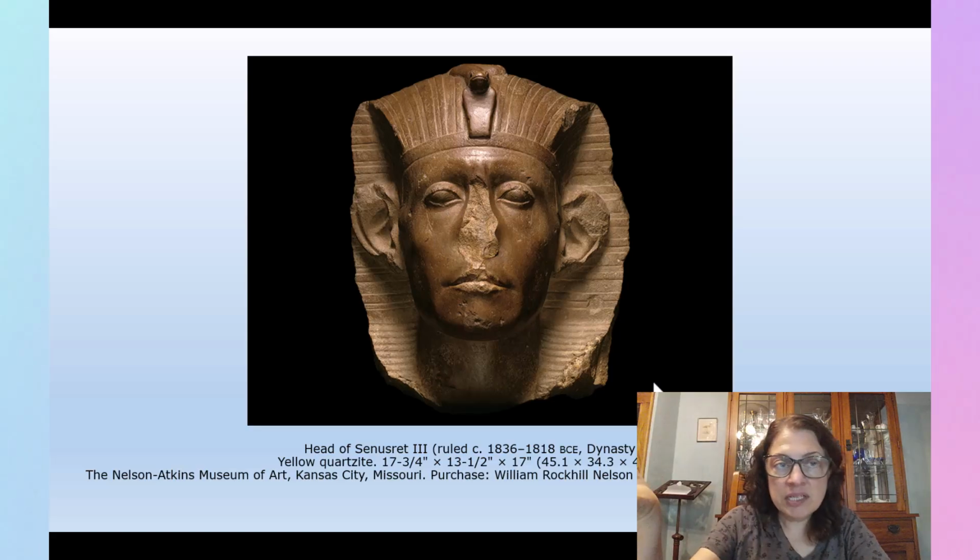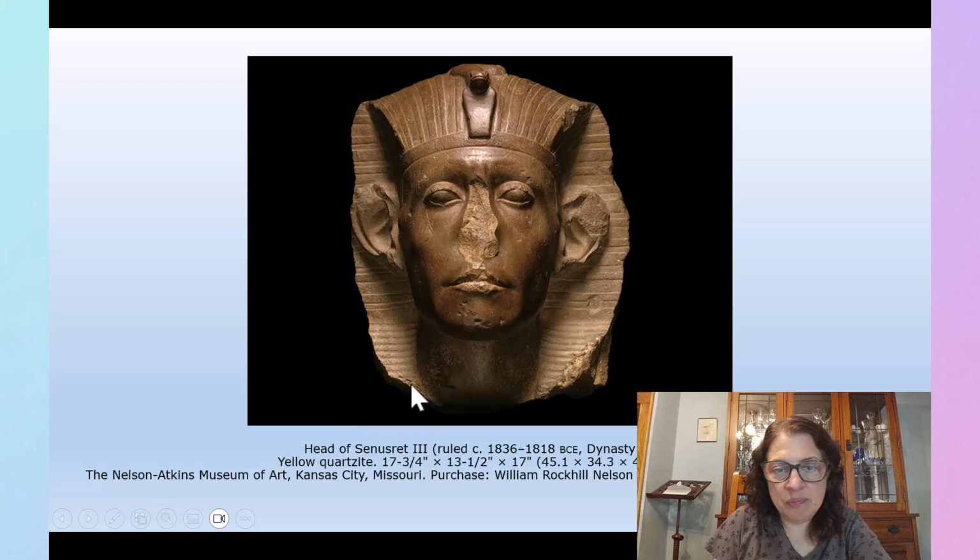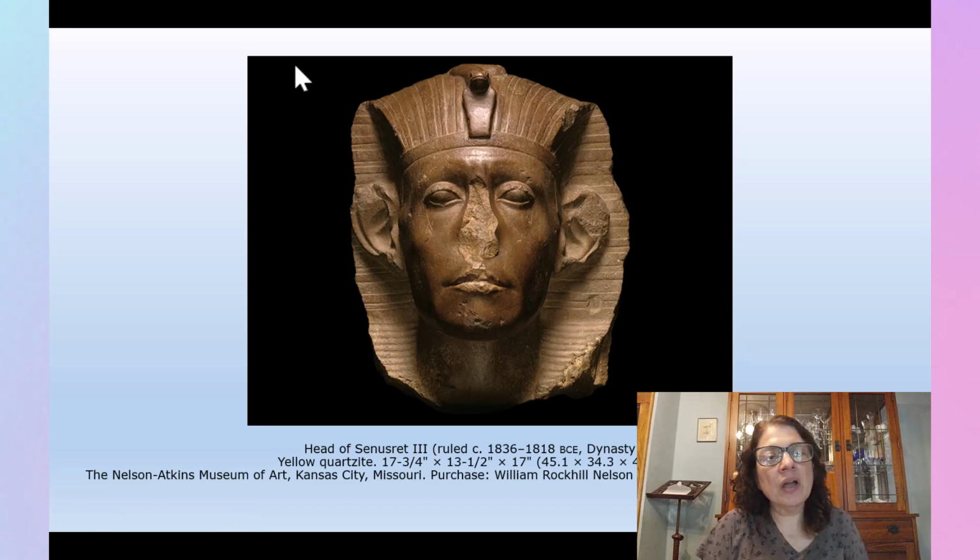Well, this one has gotten beaten up over time. It has a lot of damage to it. We can see from the bottom of it, how the bottom is rounded, that it was actually attached to a larger sculpture at one point, and this is the head. You'll also notice that the tops of the ears and the nose have quite a bit of damage on them. And one thought is that